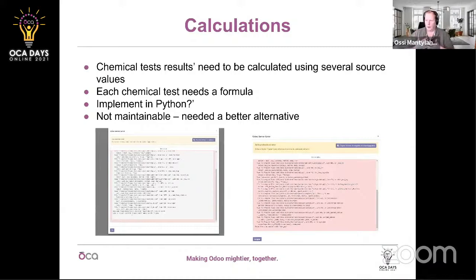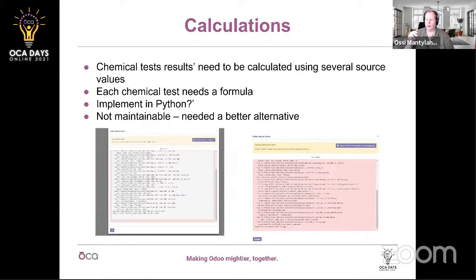In laboratory environments, in order to get the end result, like that your blood sugar level is this and this, or this Petri dish is sterile, you need to do some calculations. This is where Microsoft Excel comes in, but we need to do these in Odoo. The formulas sometimes can be complex, and sometimes they change. So we actually need to have a way of managing these